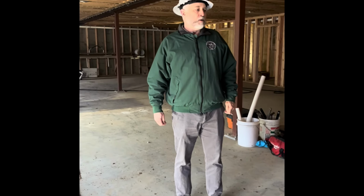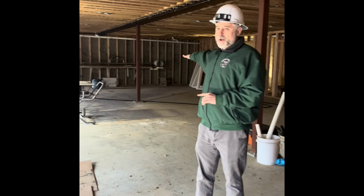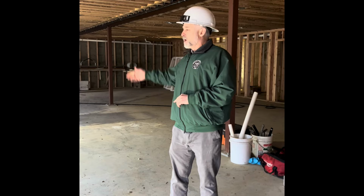be down here, but this is envisioned to be a small gym space, kind of an open area for yoga or Tai Chi or things of that nature. It will probably also be available for people for events and parties. And then we're talking about possibly putting down a pool table or something like that for recreation if people want